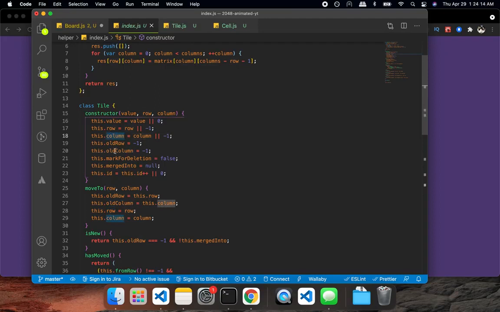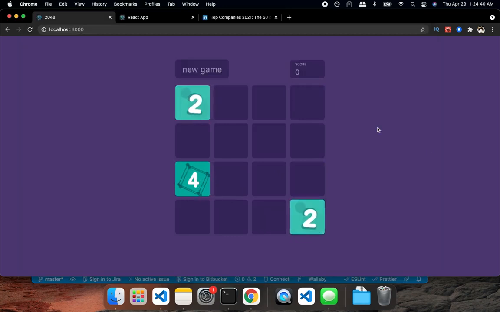So that's the reason we have two different row-column pairs. Mark for deletion is something which says, okay, if it's marked for deletion, it's just supposed to disappear. Merged into is kind of the same thing, but here, if it is merged into, you should display the new block, right? For example, here